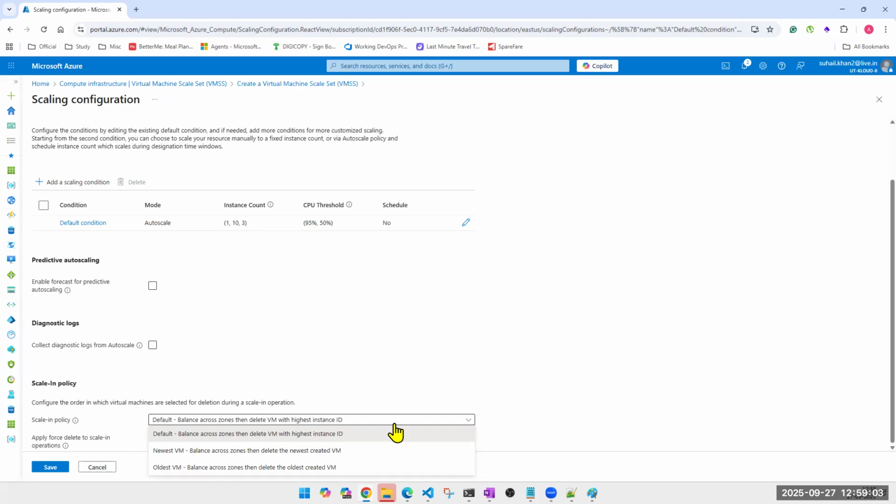I mean, is it even sensible? No, there's only one zone. Yes, because I have created only one zone. So no matter what I select, it will be one zone. Even if I select oldest machine, all machines are in one zone. Newest machine, all machines are in one zone. So this is useful when you are selecting multiple zones. But we'll still stick to this one. Okay, click save